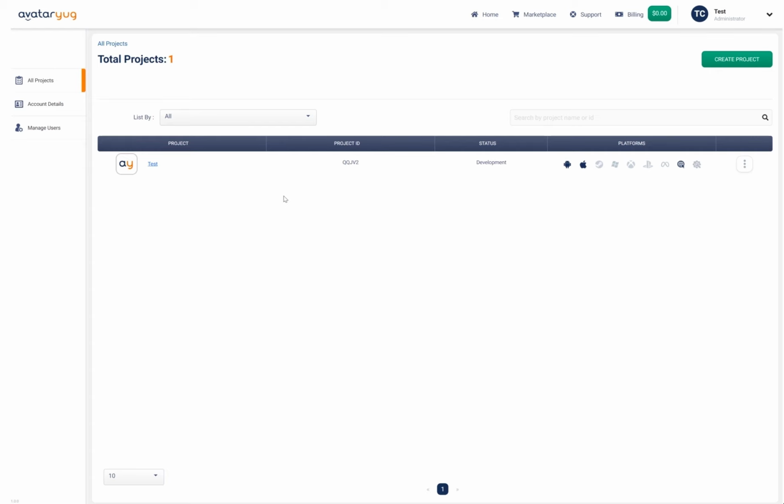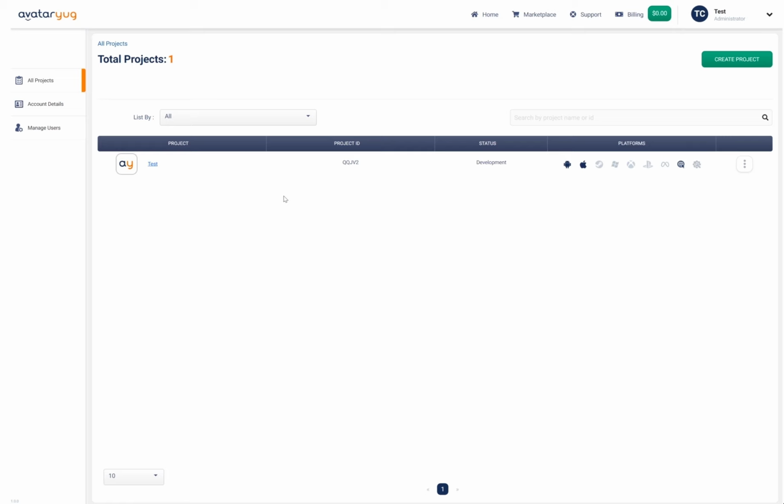So in this segment, I'll guide you through the container section where you can manage in-app items and rewards. First off, what's a container? A container is an in-app item that holds other items or rewards. Think of it as a digital treasure chest, ready to be opened to reveal exciting virtual goodies.